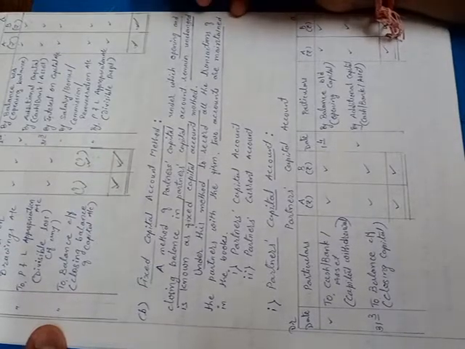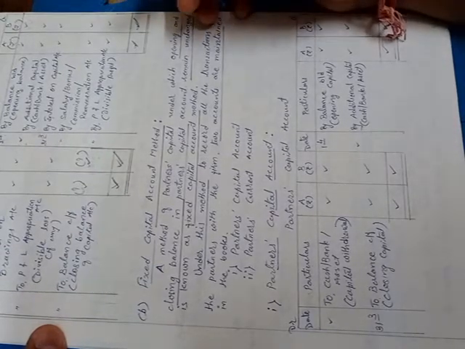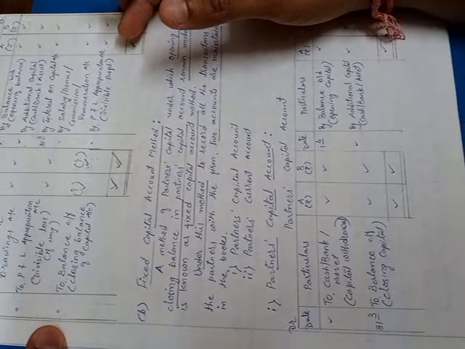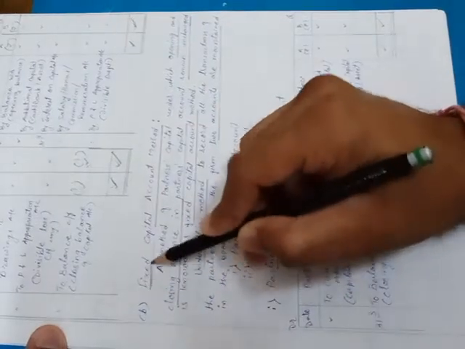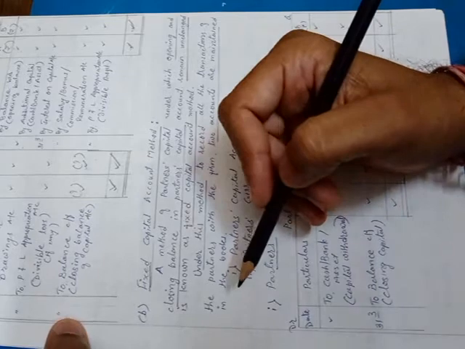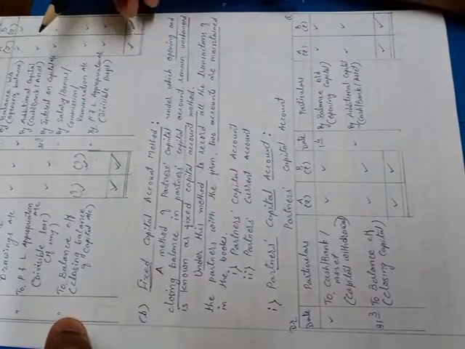Now we'll discuss the second method to prepare partners' capital account, which is the fixed capital account method. According to the name, the fixed capital account method means a method of preparing capital account in which the opening balance of capital and closing balance of capital remain unchanged or identical. Then that method is called a fixed capital account method.